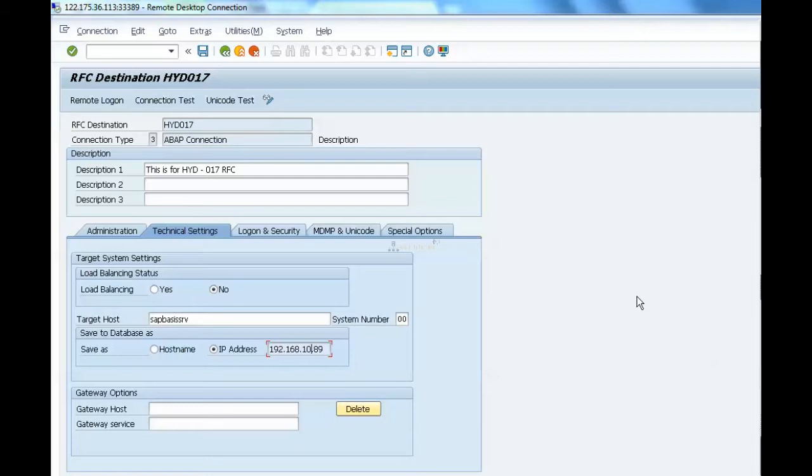Okay. And system to system, whenever you are creating RFC connections, between the source system and target system, we need to maintain the host files and SAP services file vice versa in both systems. For example, system 1 and system 2, I want to establish an RFC connection, then system 2 IP address.